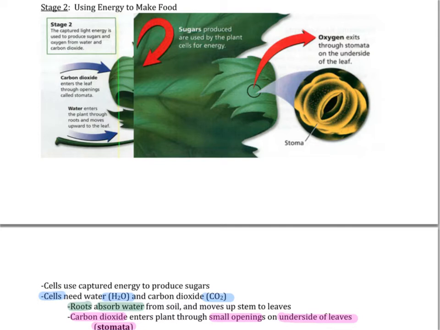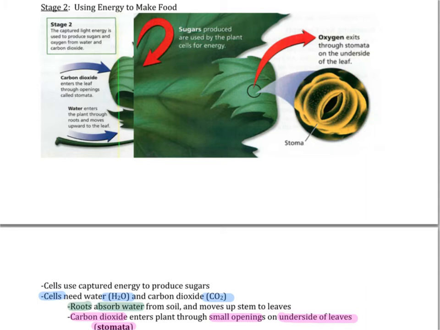The second stage is actually using the energy to make food. So during stage 2, the captured light energy is used to produce sugar and oxygen from water and carbon dioxide. Here you can see that carbon dioxide enters the leaf through openings on the bottom of the leaf called stomata. Water enters the plant through the roots and moves upward to the leaves. Oxygen is also able to exit through the stomata on the underside of the leaf, and this is an increased